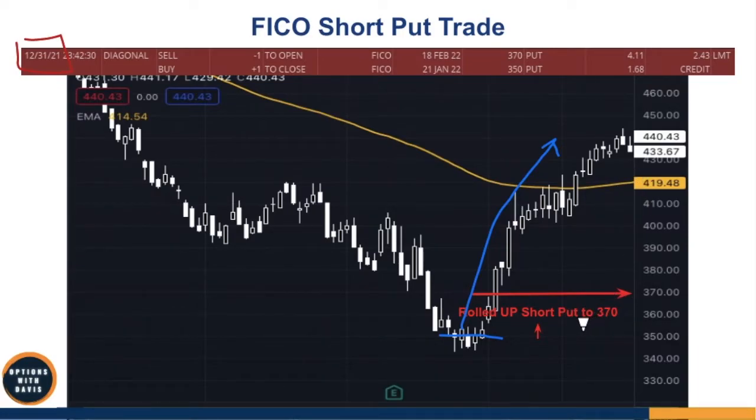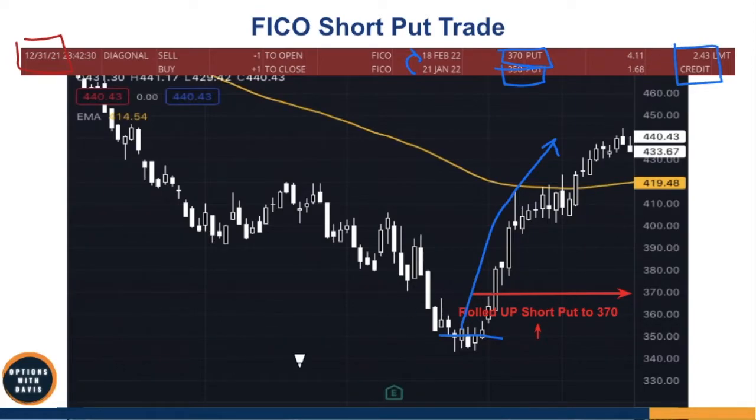So instead of being satisfied by just letting my option expire, I decided to roll up. I wanted to roll up to the 370 strike price, which I felt was still quite a decent distance away from my short put getting touched. So on this date, on the 31st, I bought back the 350 put and then sold the 370 put. So this is basically me rolling out. I rolled it to a further expiration date, and then I rolled it up as well. So this gave me an additional $2.43 in credit,